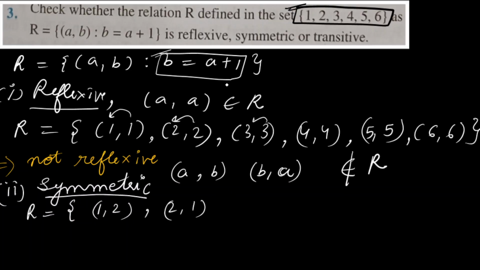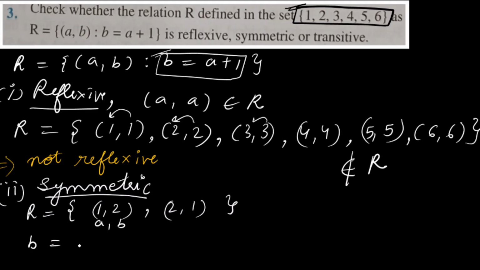I hope you remember now. So many questions we have done. If AB is in the relation, I should have BA also in the relation, then the given relation will be symmetric. Now you can see if I have 1 comma 2, see it is satisfying. So for all the ordered pairs I am not writing, with 1 only we will prove that this is not symmetric. See here, this is A, this is B.